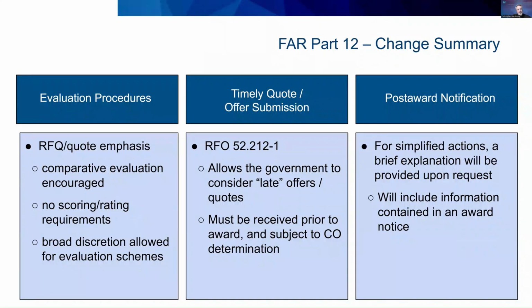Yes, I did not discuss commercial actions exceeding $7.5 million. The new FAR Part 12 calls this category other procedures, and these represent acquisitions where FAR 12 does not stand alone. This category of requirements will need to be accomplished in tandem with either FAR Part 14 or 15. And while FAR 12 still mandates that commercial policies and procedures take precedence when any disagreement arises in another part that may be used with Part 12, the solicitation, evaluation, and post-award notification sections of FAR 12 do defer to either Part 14 or 15 for actions exceeding $7.5 million.